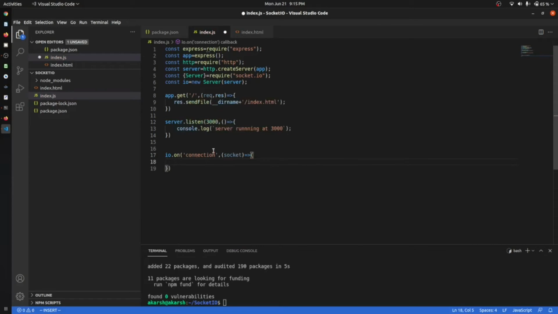And we will say console.log a user connected. Basically this function will always run when your site has been visited. When a user connects to your server, you will get a message that a user is connected.